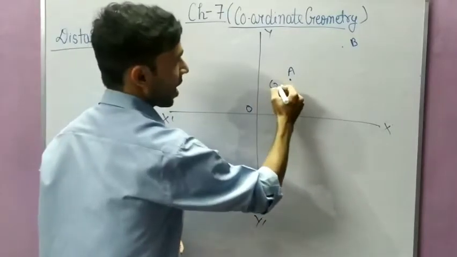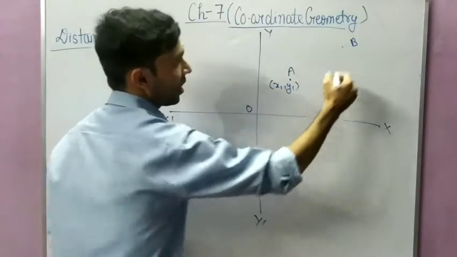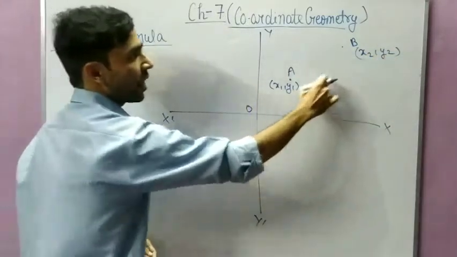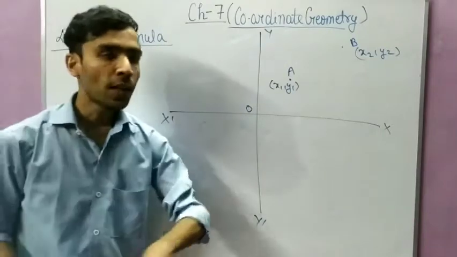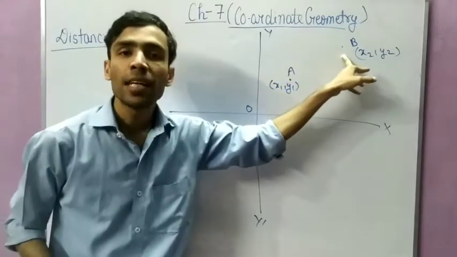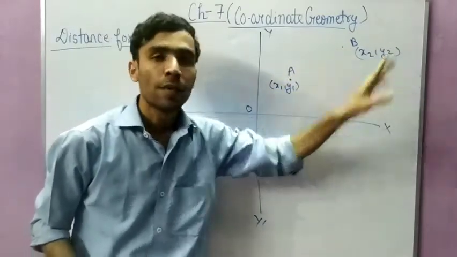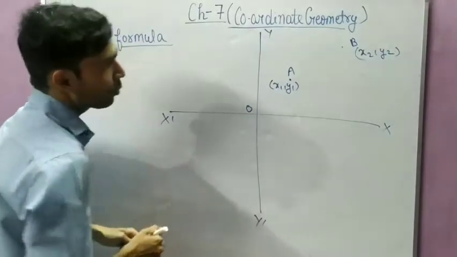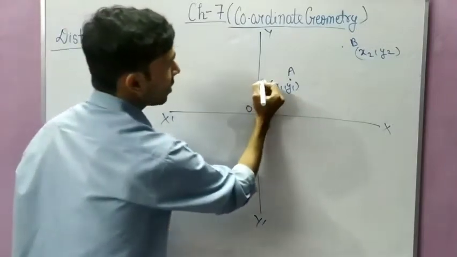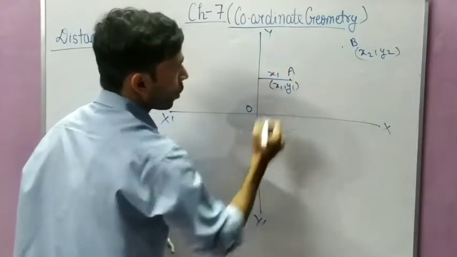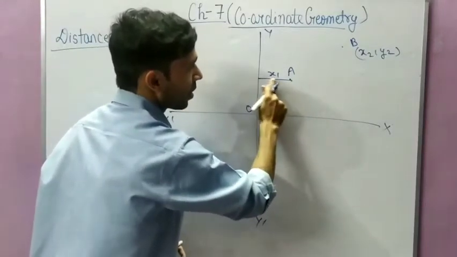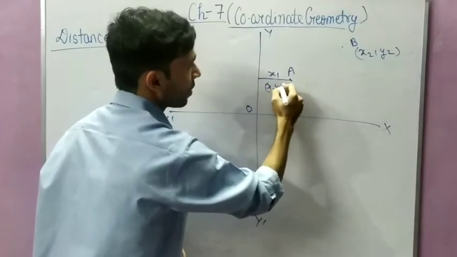Its coordinate is x1 comma y1, and its coordinate is x2 comma y2. Why have I written x1, y1, x2, y2? Because there are 2 points, so A is the first point, that's why it is x1 comma y1, and B is the second point, that's why its coordinate is x2 comma y2. Now student, see, what will be x1? X1 will be this, na? X1 will be this, or y1 will be this. See, I will write downside x1 comma y1.